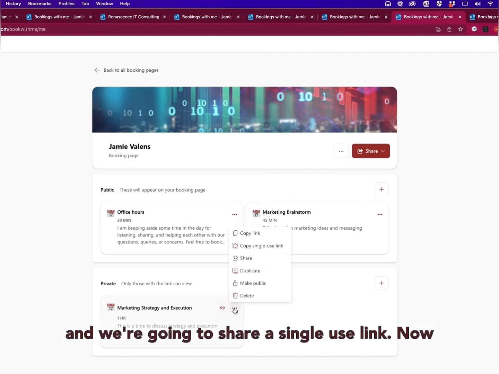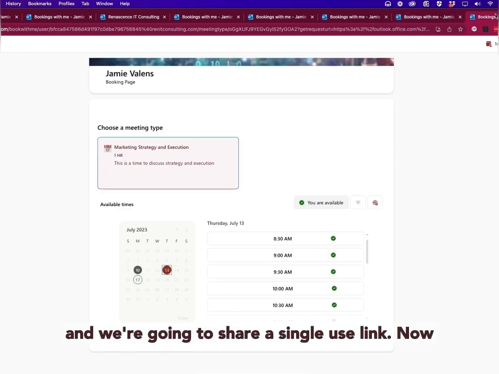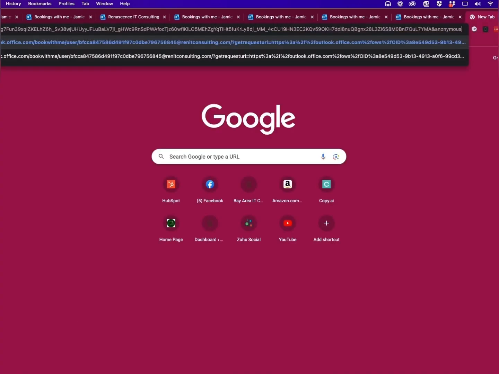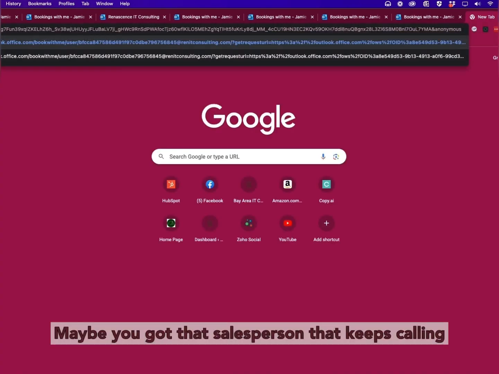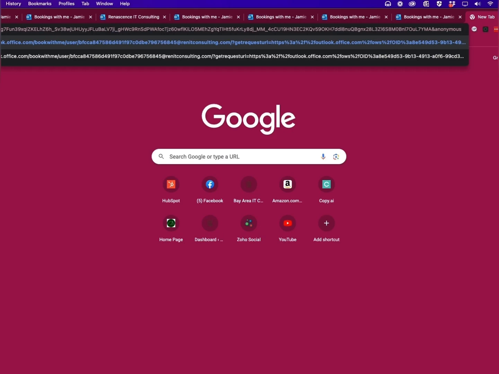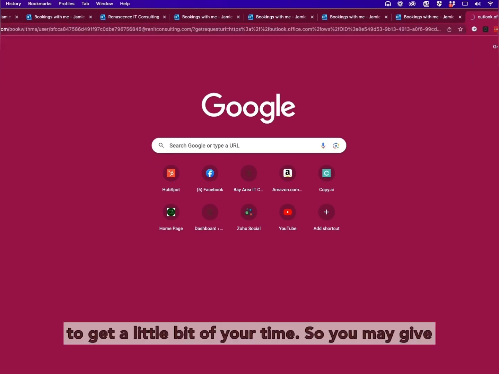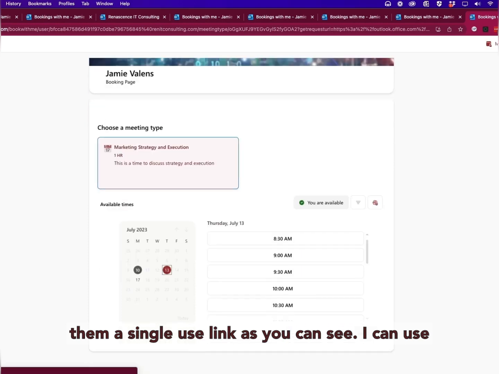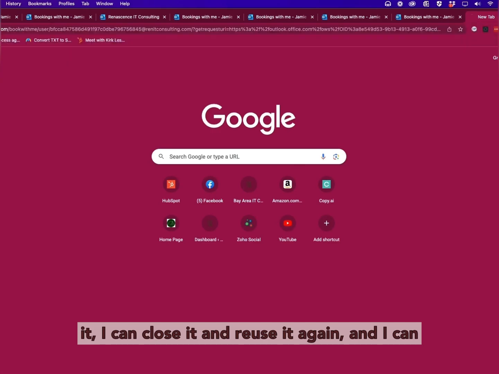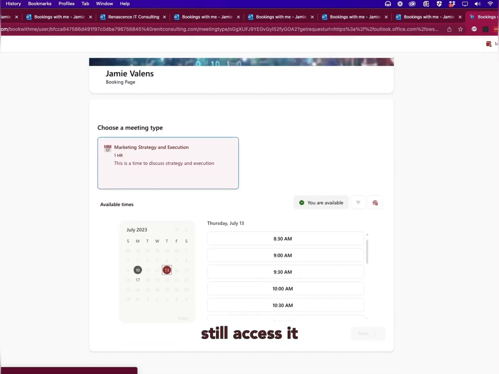Now, let's go ahead and flip back here, and we're going to share a single use link. This is a really great link to use for vendors. Maybe you've got that salesperson that keeps calling you, that you don't want to give full access to your calendar, but they've interested you enough to get a little bit of your time. So you may give them a single use link. As you can see, I can use it, I can close it and reuse it again, and I can still access it